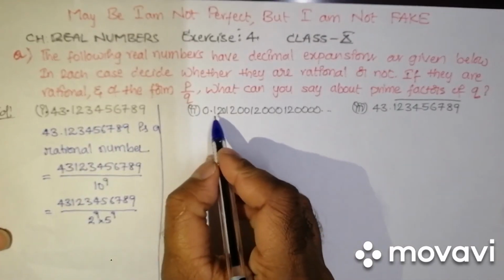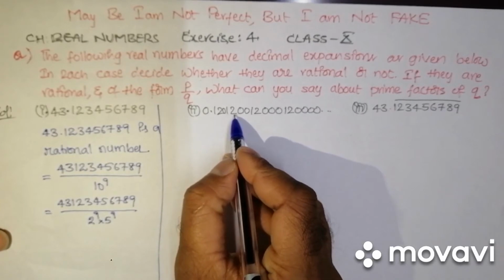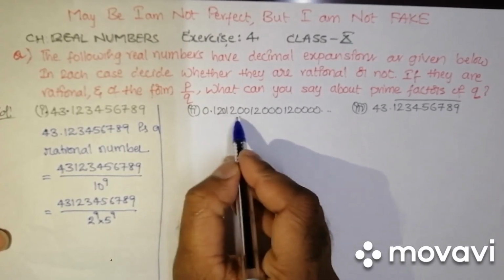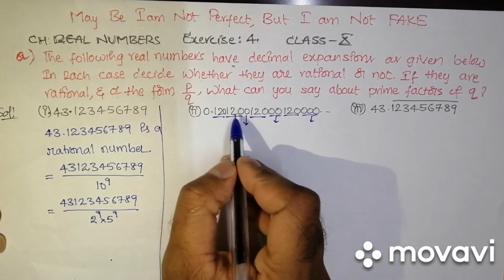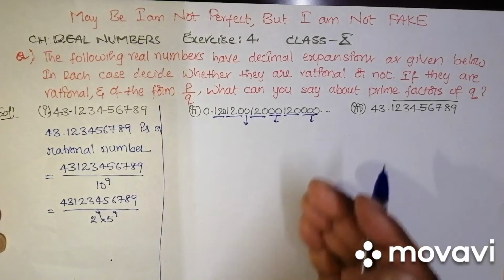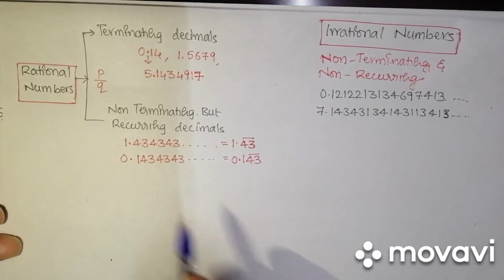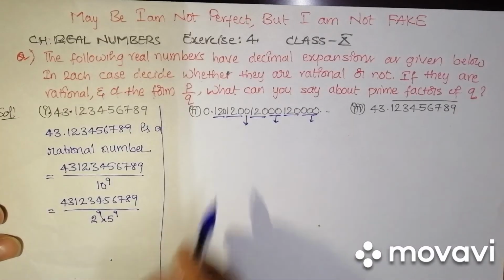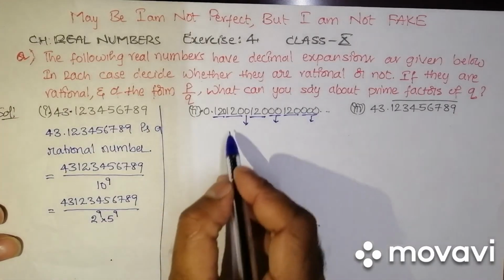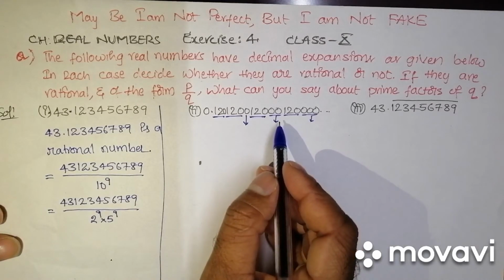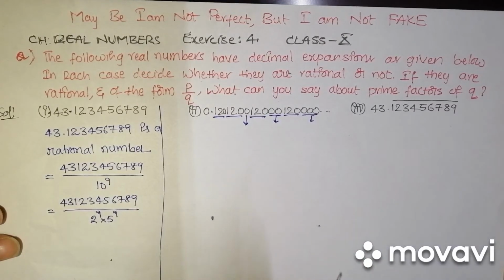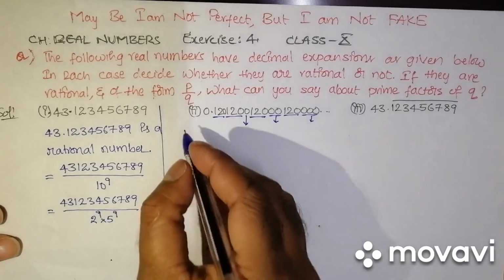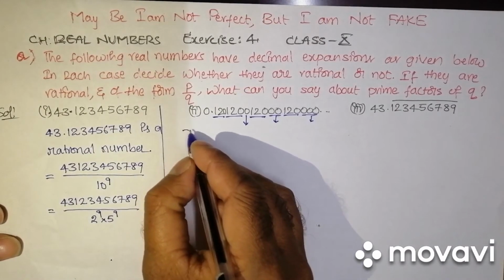See here, 0.1201200. So, it is not repeating here. The digits are not repeating like what we discussed in the previous example. The digits repeated continuously there, but here the digits are not like that. So, this decimal expansion is not a rational number. So, directly I can write it as